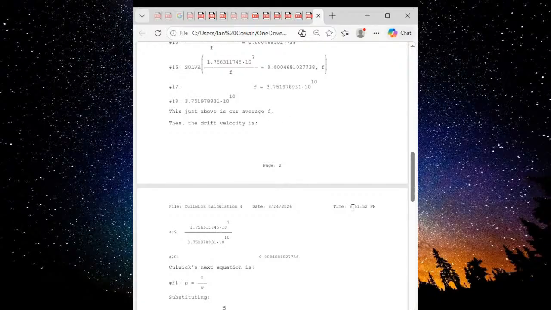3.75 times 10 to the 10th power. In other words, the electron has multiplied its inertial mass by a factor of roughly 10 to the 10th, which is surprising, because you wouldn't think that could happen. But the thing to remember is the electron mass is 9.11 times 10 to the minus 31.